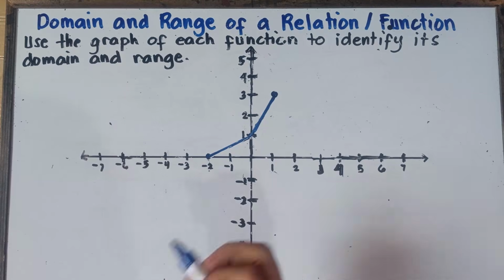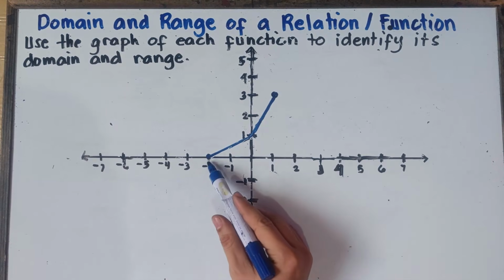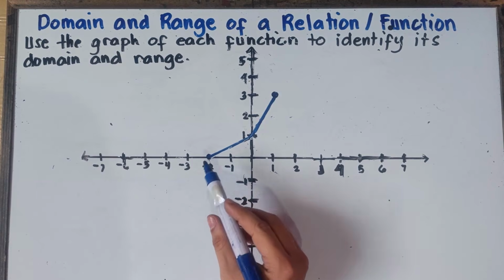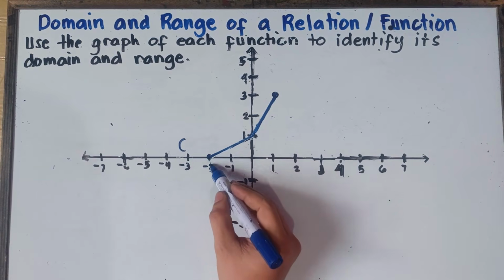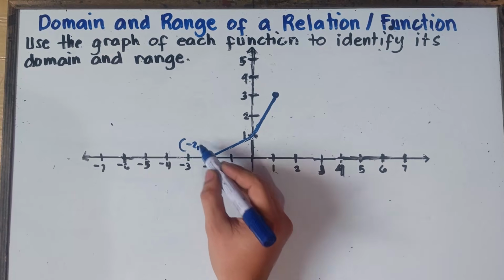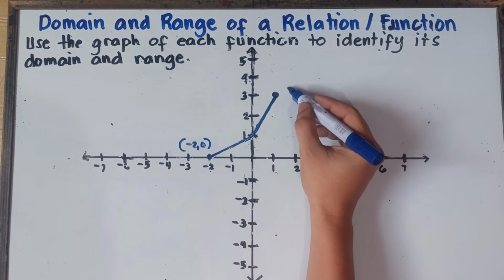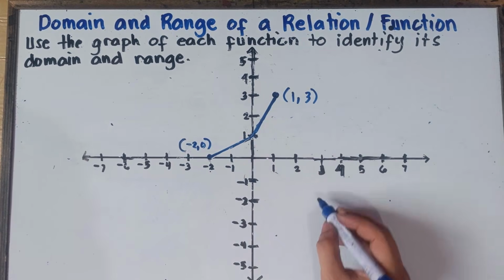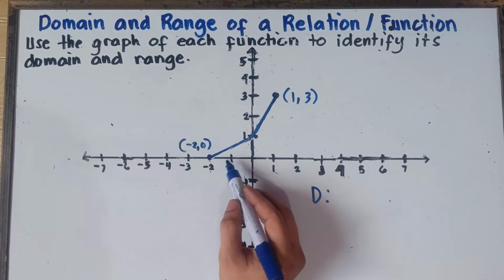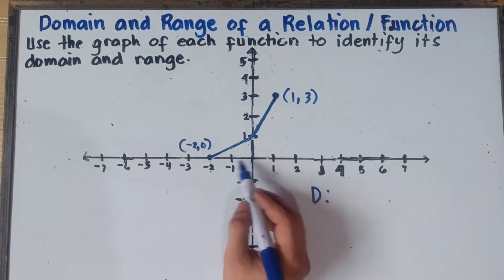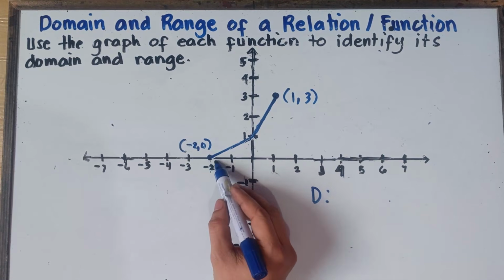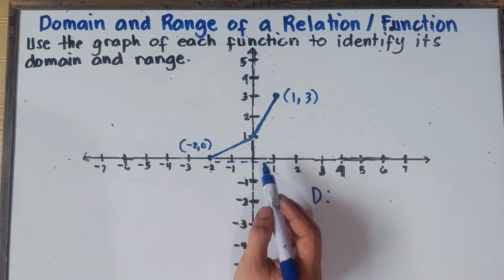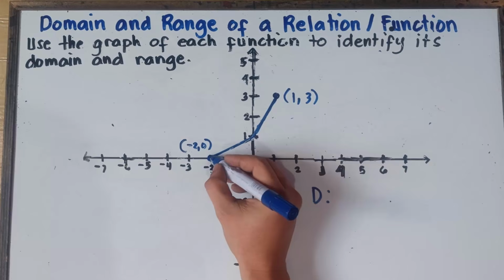Alright, let's do that. With regards to example number 6, our given points, the ordered pairs, that would be x is negative 2 and then y is 0. And then this one right here, x is positive 1 and then y is positive 3. Alright, so therefore the domain, that would be the horizontal distance, very easy, right? For number 6, horizontal distance, this one right here. So that would be from negative 2. So we have a closed circle.